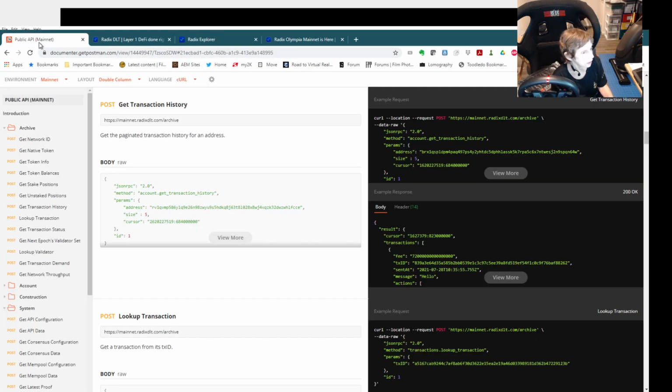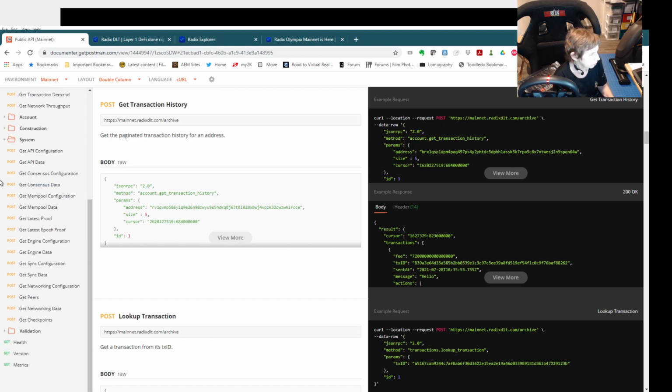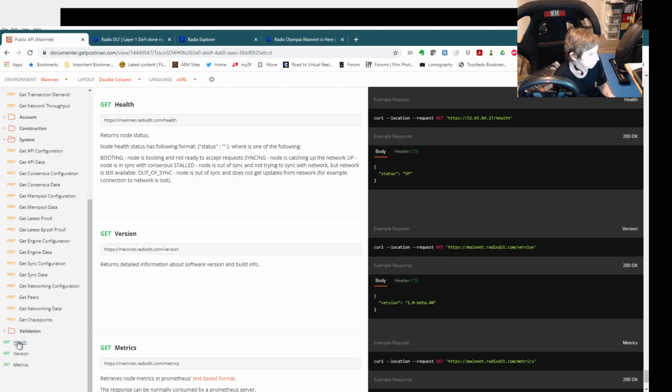The other thing is they have a whole documentation here on the API for the mainnet. So you can see health, you can see version, so that would be